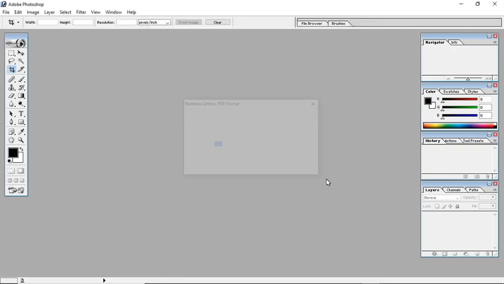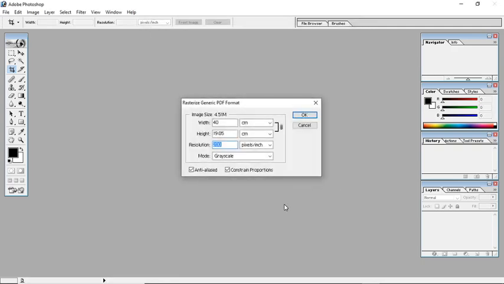It will ask for the resolution of the file. The journals recommend that for a monochrome image, up to 300 pixels per inch, and for a color image, 150 is enough.